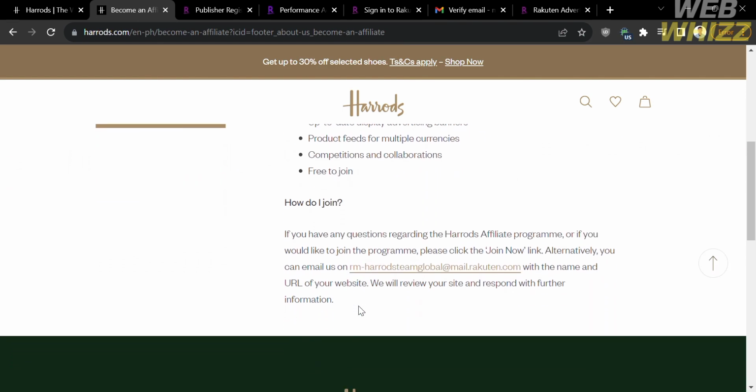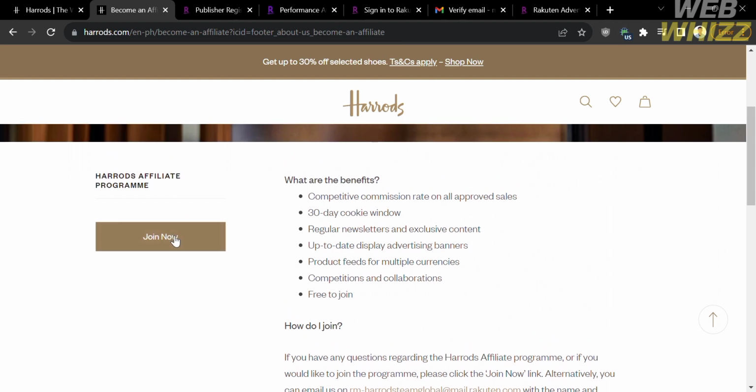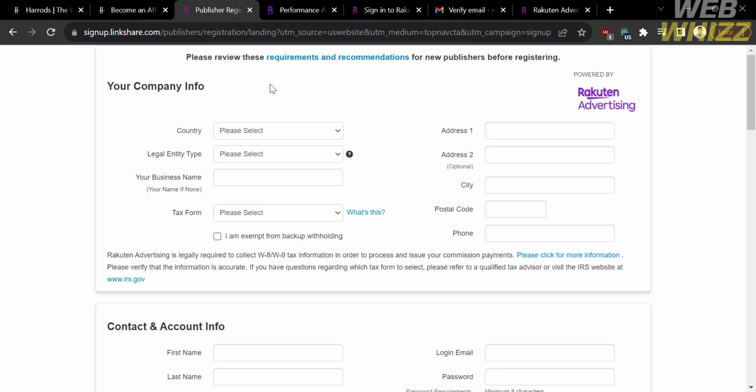And from this page, to join the affiliate program of Harrods, just click this Join Now button right here. And upon clicking on it, you will be directed to this page. And from here, you will see that we are now outside the Harrods platform as we are in Rakuten Advertising. And from here, all you need to do is to fill out all of the required information to register